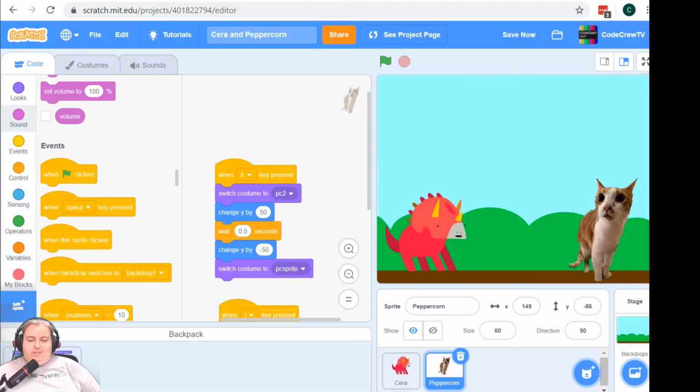Welcome back. All right, so we are going to wrap things up here with Sara and Peppercorn. What we've done so far is we have taught both of them how to jump and super jump, and we have attached those actions to keyboard events. So when the user types A or S, then Sara will jump or super jump, and when the user types K or L, then Peppercorn will jump or super jump. What we're going to do next is